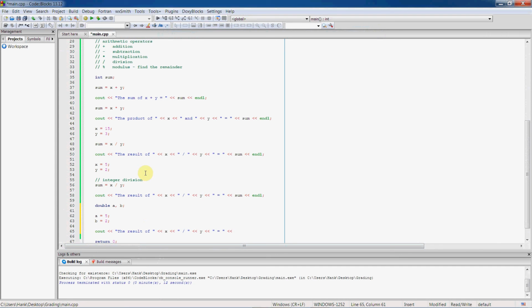I'm not gonna use this sum statement. I'm gonna do something different, just to show you that you can send an expression to cout. You don't have to just send a variable. So I can do this. This is perfectly fine, this syntax. What's gonna happen is I'm gonna print out the result of